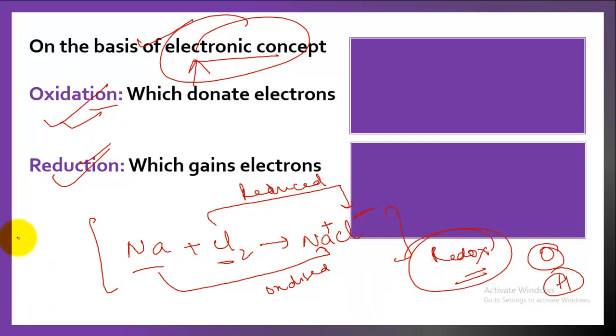In a similar manner, you can make out the oxidizing agent and the reducing agent. So in this, sodium is reducing the other substance, right? And itself it is getting oxidized. So that means this is a reducing agent because it is reducing the other substance, and itself it is getting oxidized. Similarly, chlorine is the oxidizing agent because it is oxidizing the other. It is making the other atom lose electrons because it is accepting them. So that is the reason it is the oxidizing agent.